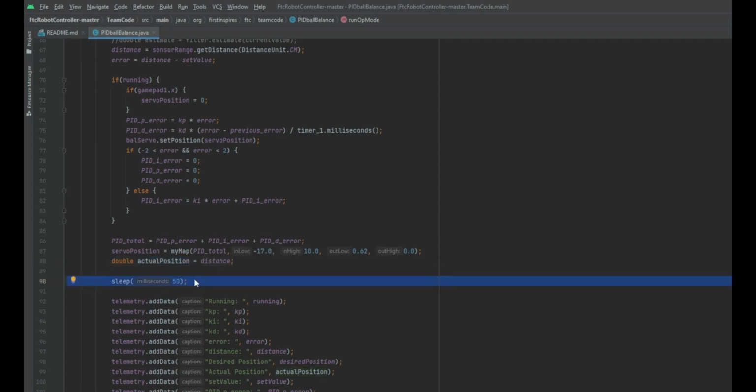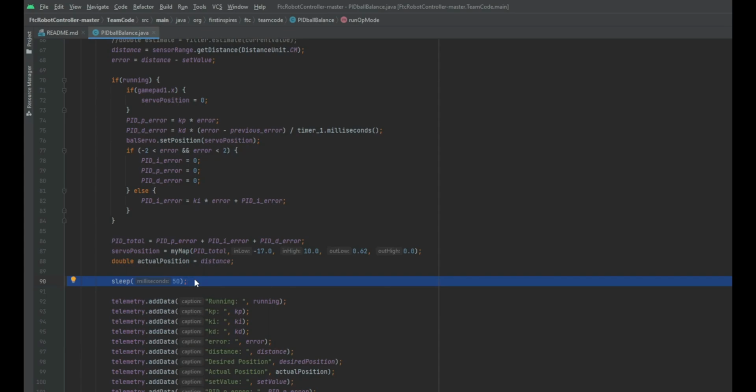So why do I have a sleep statement inside of my PID controller? Why would I want my PID controller to be slowed down? Well, sometimes your controller can correct something too fast and it becomes unstable, especially in my case, because a ping pong ball rolling downwards can have momentum. And if it's rolling downwards and it has momentum, you're not going to be able to correct it fast enough, let's say. Or you correct it too fast and it has momentum the other way, so it can do very unpredictable things. So I added this sleep statement, which makes it more predictable, but at the same time it's less